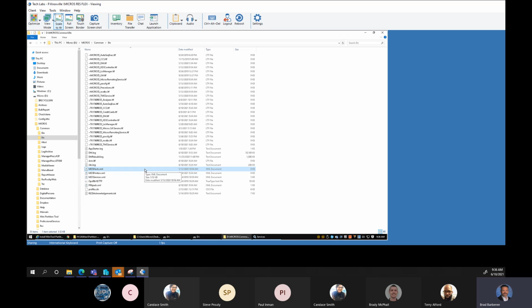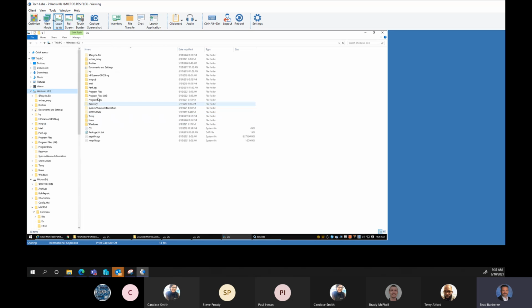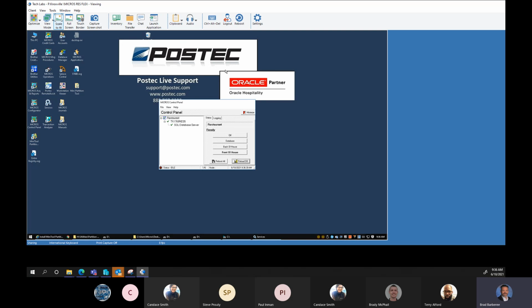If you're ever messing with MDS hosts and you want to try something, I do this all the time. You don't ever need to delete anything. Just make a copy of it, rename it, whatever. I made a copy of it right there. But under the configurator,